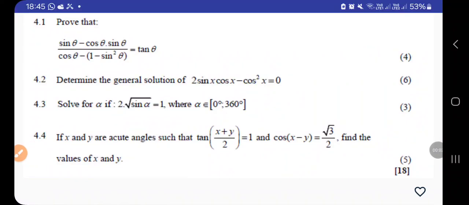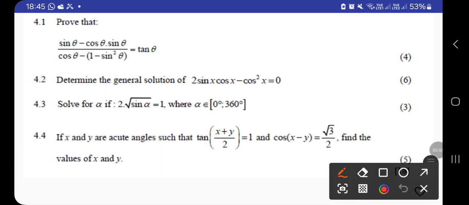Okay, guys, we're getting to our bonus question. We're getting there. Now we're in 4.3, and 4.3 says now we should solve for alpha. So this is multiplication: two times the square root of sine alpha equals 1, and then